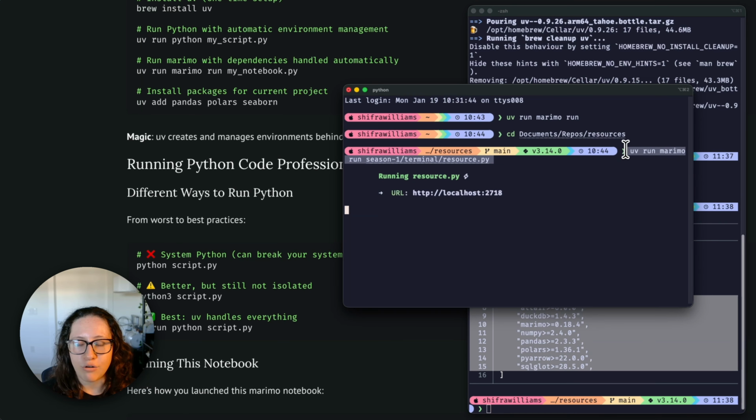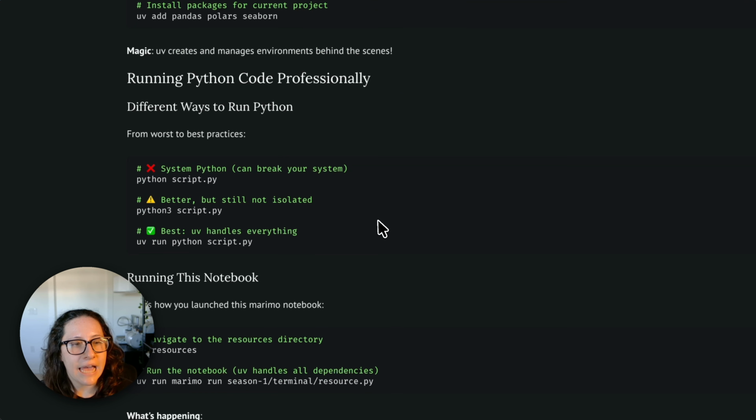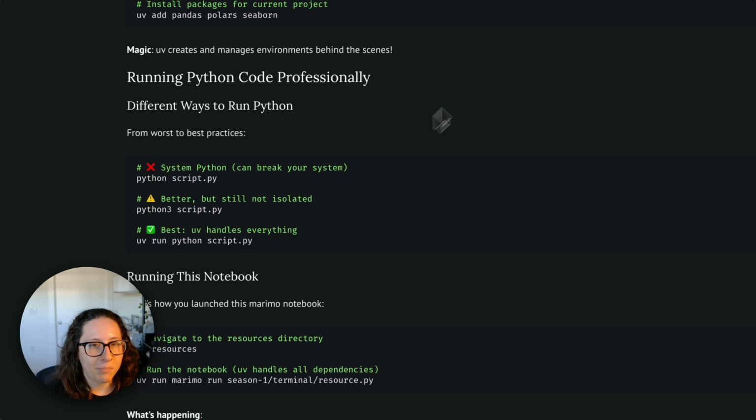You don't have to install anything. You don't have to think about anything. You just have UV running your notebook in the web ephemerally for as long as you need, which is just so wonderful. So just to recap, there are some different ways to run Python code,